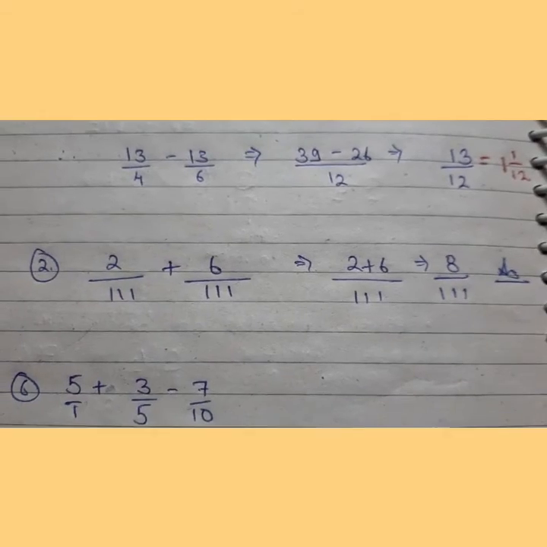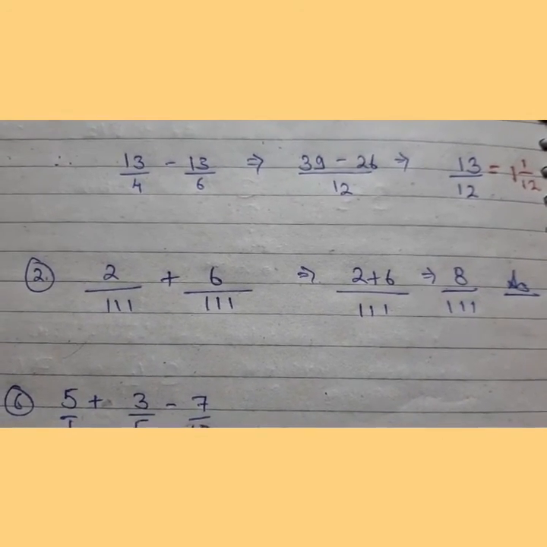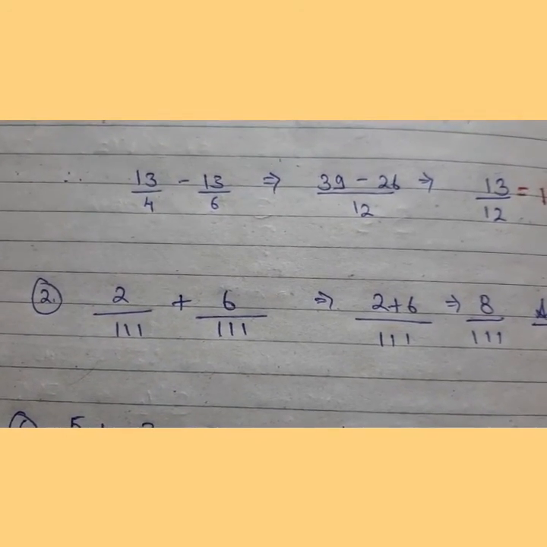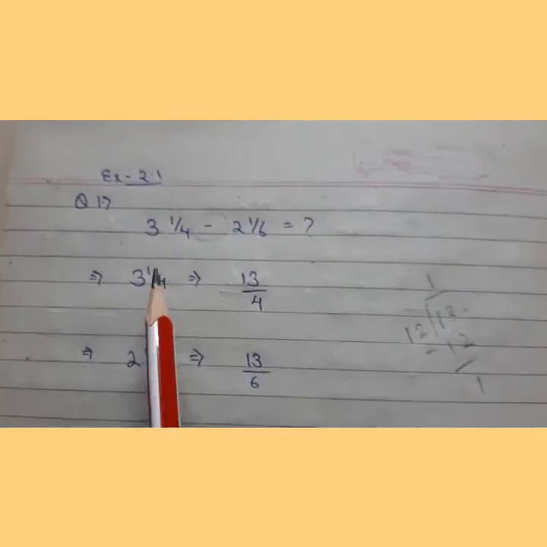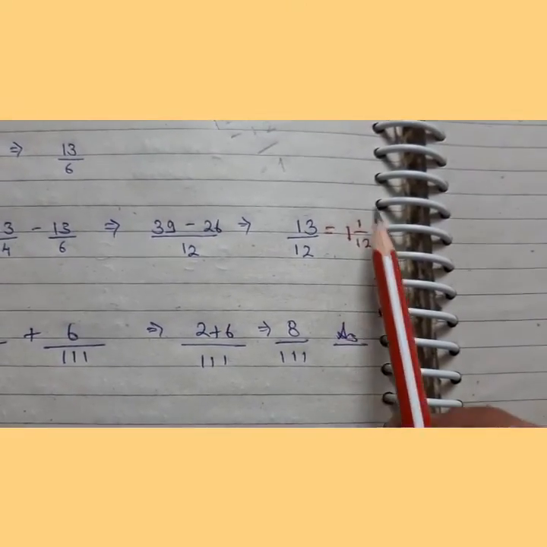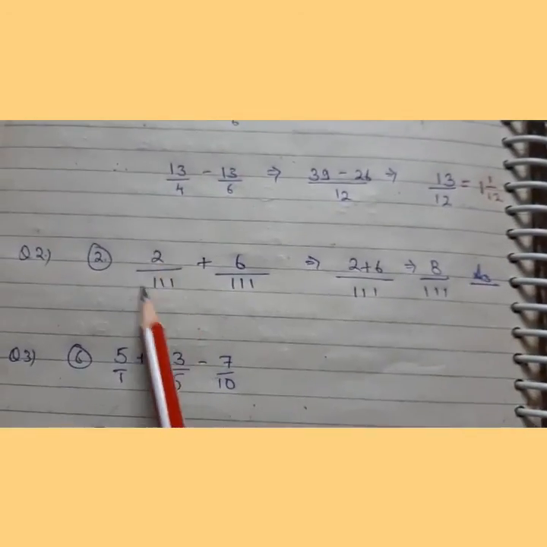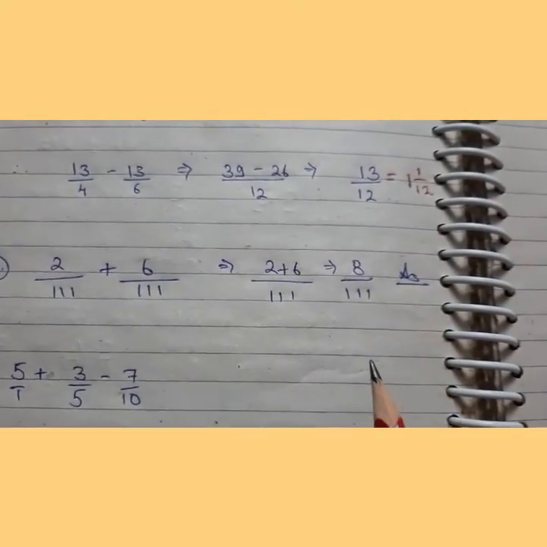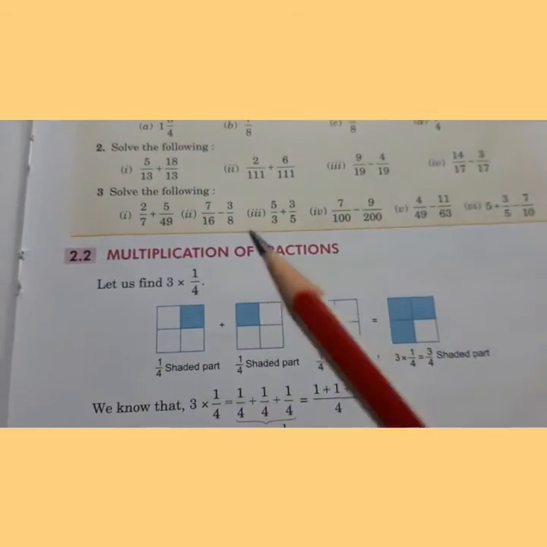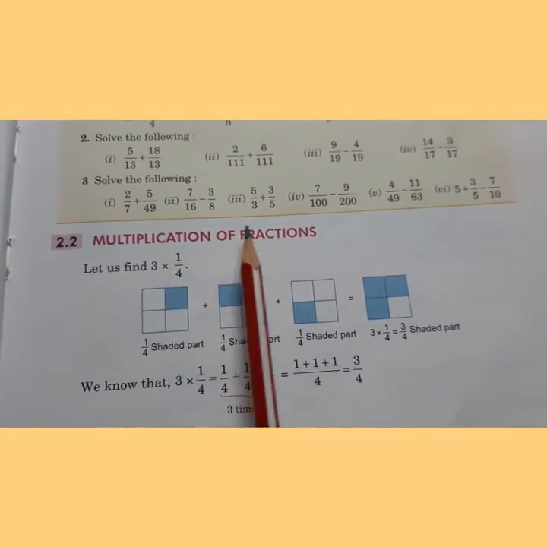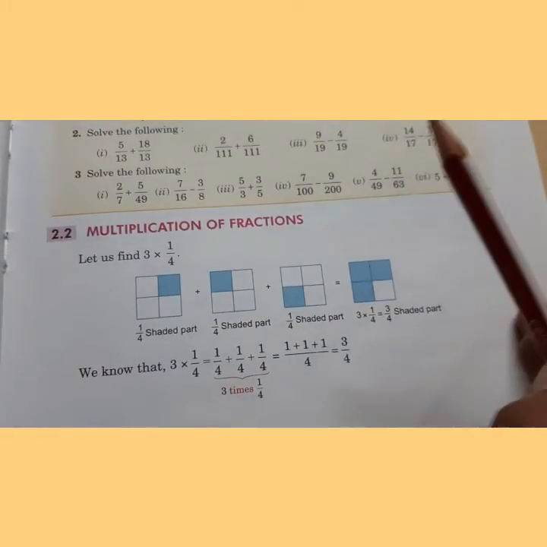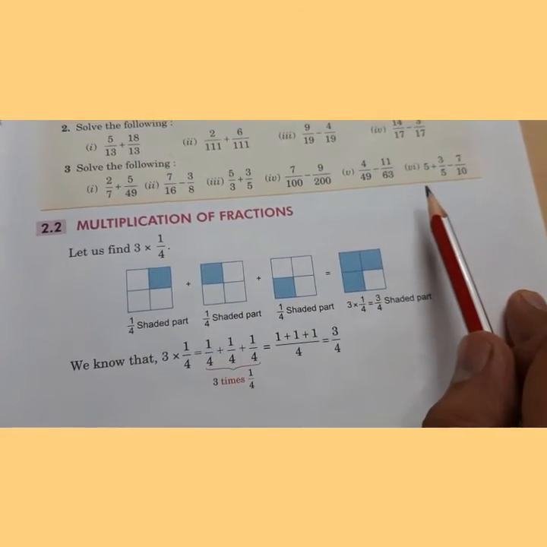See, what is the format of the particular question? Your answer should go in such a way only. In the first question, it was in the form of mixed fractions, so we wrote our answer in the form of a mixed fraction. Here it is simply given in fractional form, so write it in fractional form. Now move to question number 3, that is solve the following. This is also simply a mathematical operation, that is addition or subtraction.